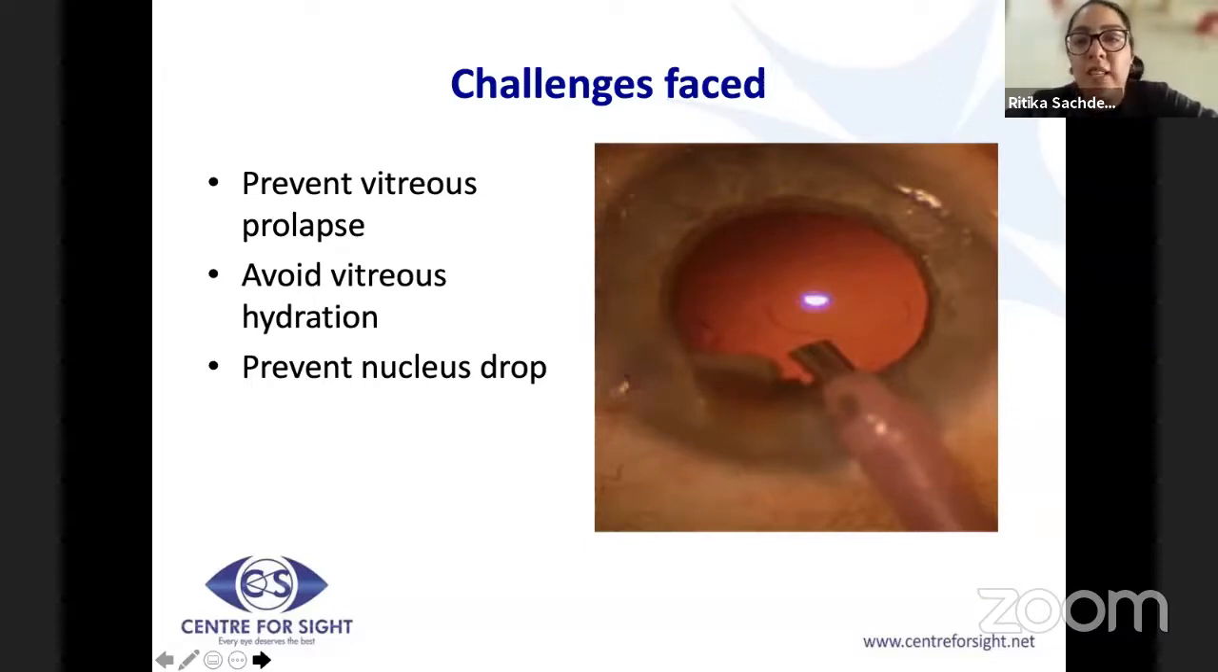But what is it that we intend to achieve now? Our intention is to clean up the bag in terms of nucleus and cortex and not extend the PCR and have a place to put the IOL. And while doing so, prevent vitreous prolapse, vitreous hydration, and therefore the consequent complications of CME, retinal detachment, and even